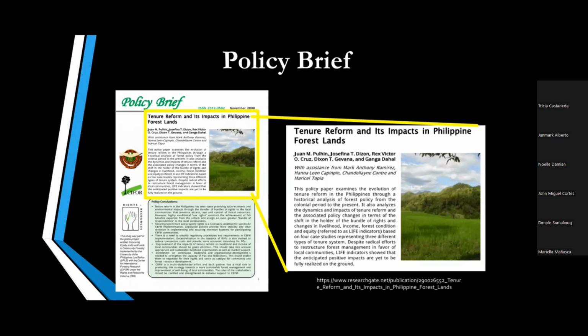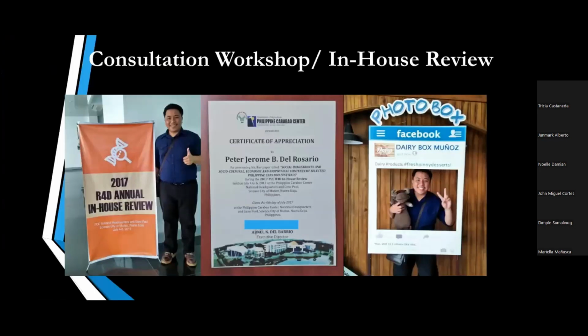Madalas ito ay 1 page or 2 page back-to-back kasi its purpose is in one sitting, mabasa siya ng policy maker, maintindihan siya in a way na technical, hindi super scientific kasi baka naman puro jargon, no? Hindi niya maintindihan mabuti. Para kapag nabasa niya, mapag-uusapan nila yun sa local government unit, makakausap halimbawa yung MENRO or yung SENRO, and then sa kanila i-apply kung ano yung nakasulat sa policy brief. So ganun siya. We also have consultation workshop.